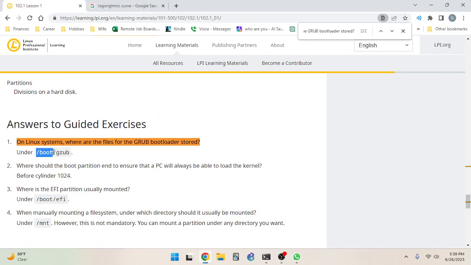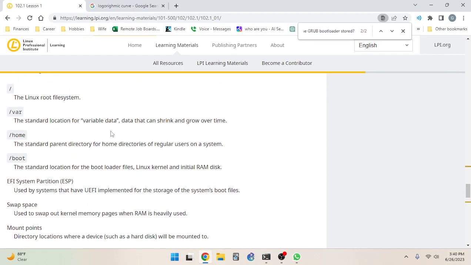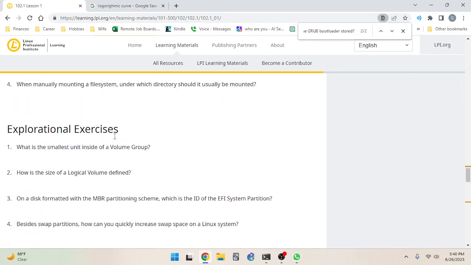Yep, so I was partially correct. It is in /boot, but I wasn't all the way correct because /boot/grub was the correct answer. All right, so the next one is, how is the size of a logical volume defined? And I do not know this one,